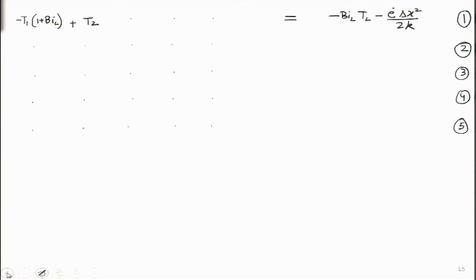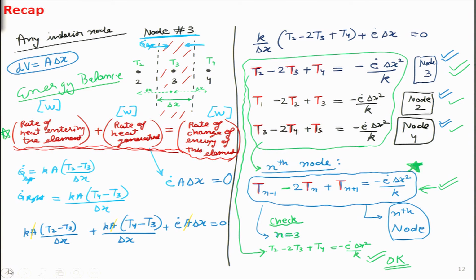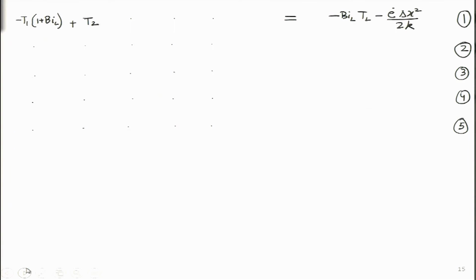So, in order to write for node 2, let us go back 2 slides, and what I want to write is this equation over here. Now we can see the coefficients, there will be a T1, minus 2 T2, T3 and then something on the right hand side. Let me remember from memory, I can write it is going to be, over here I will get T1. Then I will get minus 2 T2, then the third term will be plus T3, everything else is 0, is equal to, on the right hand side, minus E dot delta x square by k, and this we can double check.